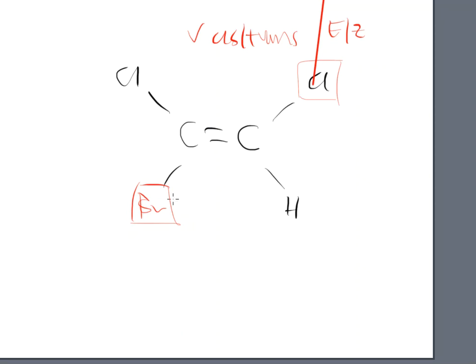So this position will cause this to be a trans orientation. Now, if I go back and I replace that hydrogen here, and I target the other hydrogen, I get rid of that one, and I put the bromine group on that spot, because that's the only thing that I can do to, right? Just the hydrogens, that's it. So if I go back and try this one,